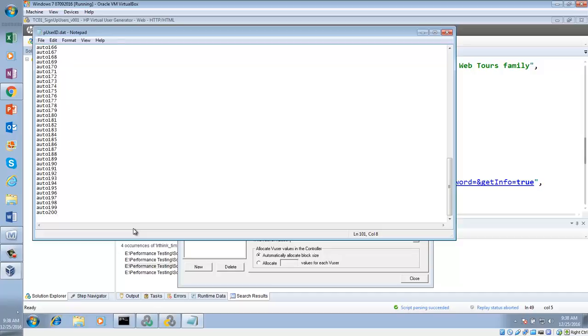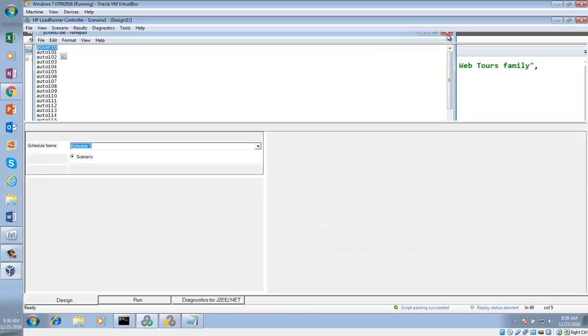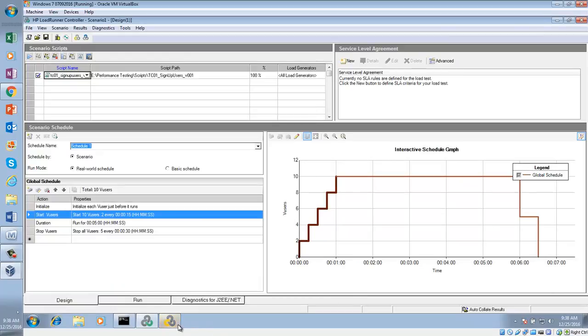No, 100, because the first line is the column heading, the parameter name. The first line is the user ID, right? Is that correct? Yes. Okay. So how much data do we have here? 100. Okay.